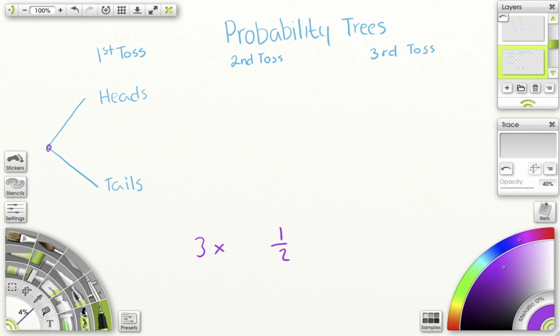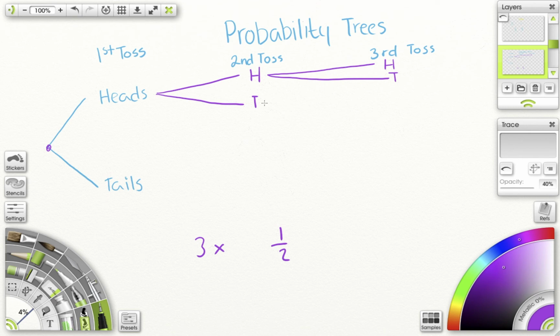So here I am in my first toss. I start here. I have one of 2 options: I can either land on heads or I can land on tails. Let's say the first toss I land on heads. Second toss, I have one of 2 options. I'm just going to use H for heads and T for tails. I can either land on heads or I can land on tails. I want to land on heads again. So third toss, I can land on heads, or I could land on tails. There's something happening here. Let me finish up this chart to illustrate.